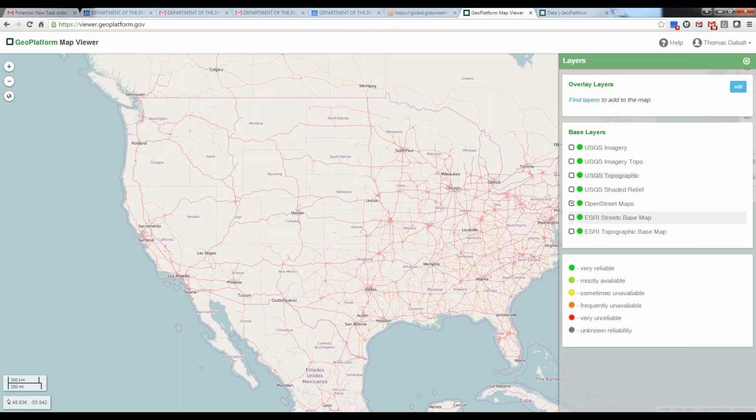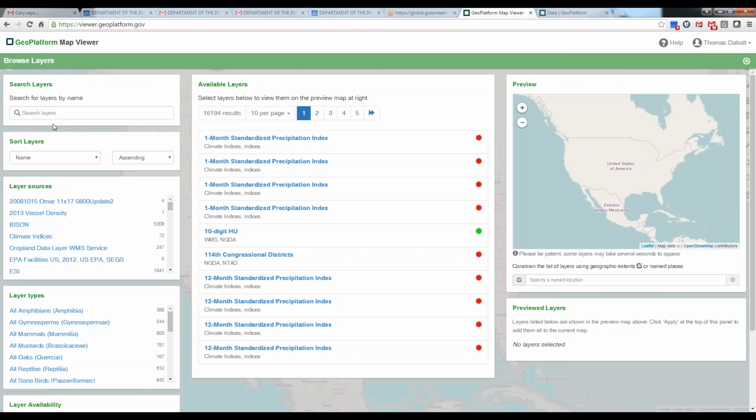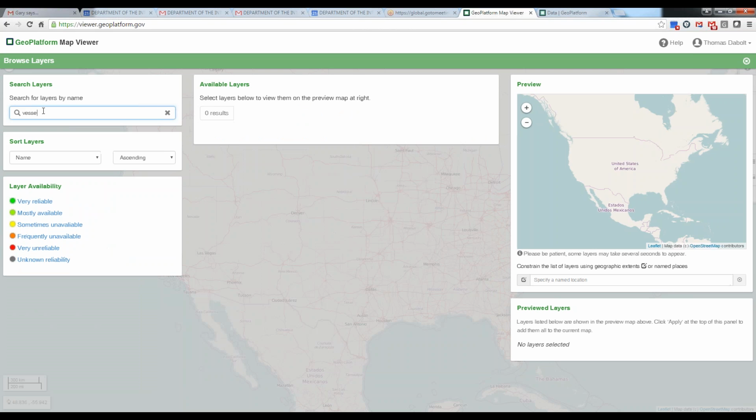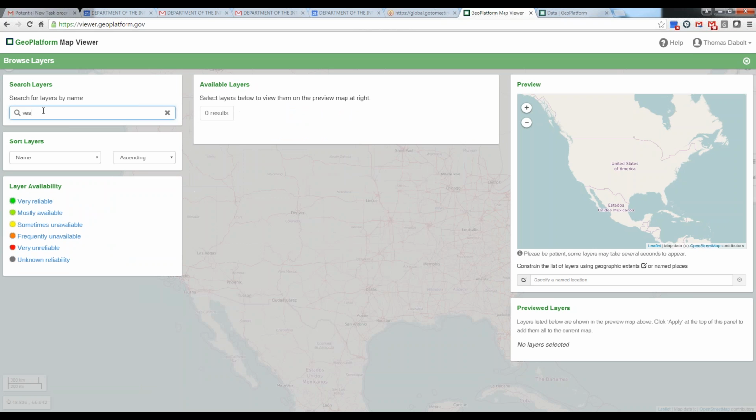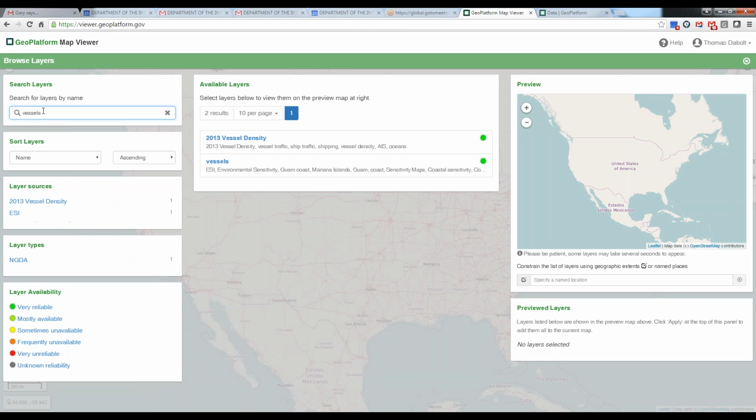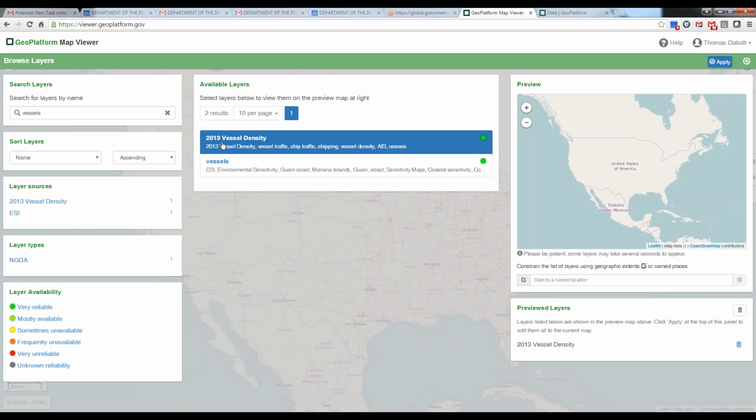So here's the reliability indicators coming right in for the base layers. And you had something called vessels. Vessel density. There you go. Oops. Oh, there you go. Okay, so